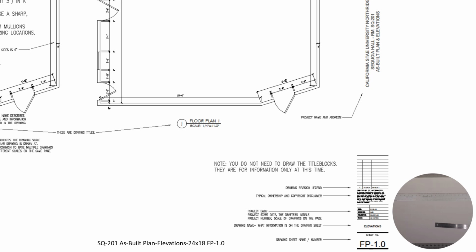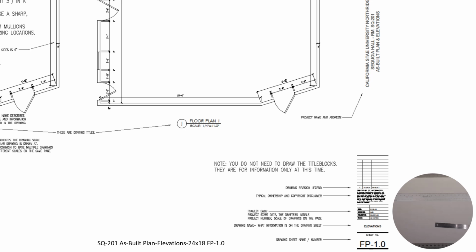Above this is the drawing name. The drawing name in this case says elevations, even though there are floor plans drawn on this page. But this sheet name articulates what information is contained on this page. It could say details, floor plans, reflected ceiling plan, or elevations. The sheet name cues whoever turns the page and reads this bottom corner into what the information on the page is. Above this is